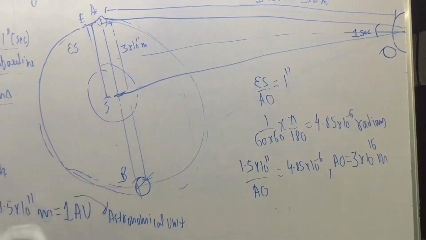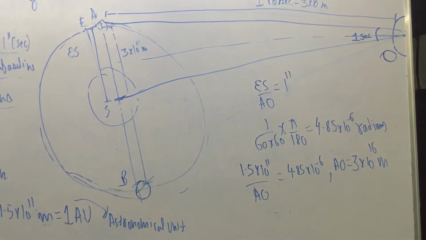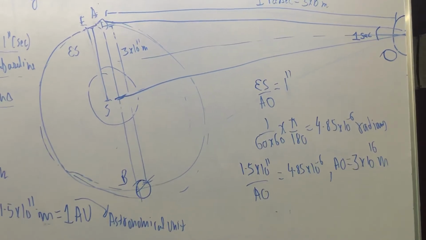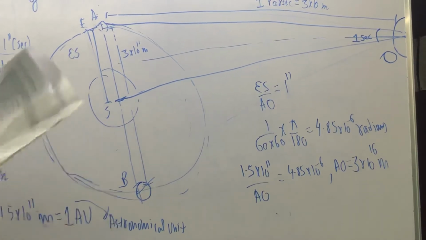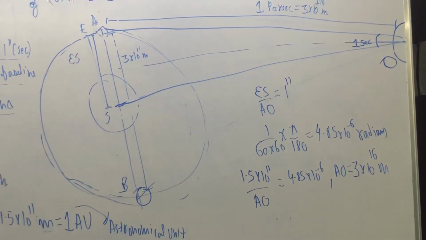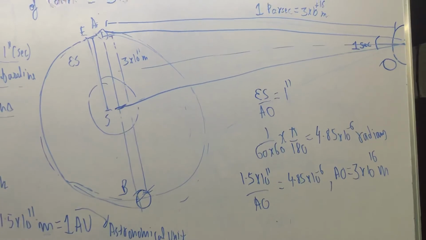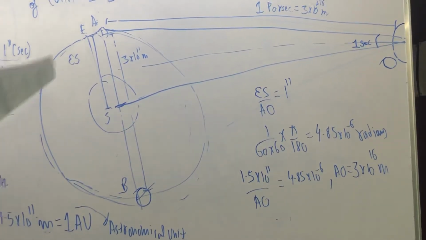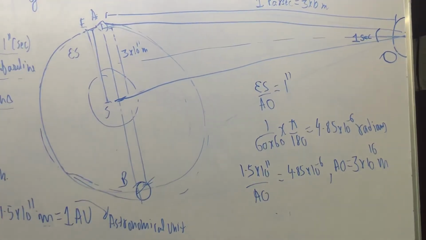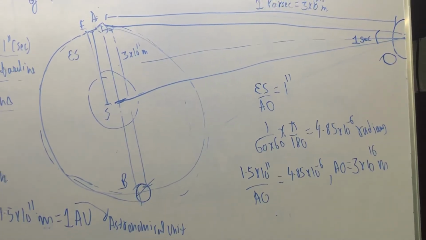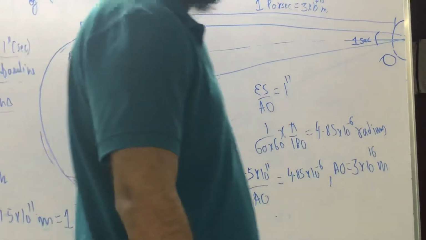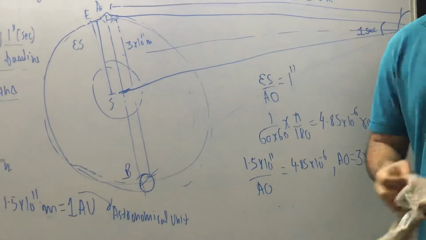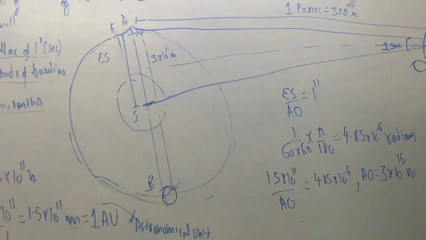Sometimes you will see a light year, sometimes you will see parsec. These are the two most common units used to find distances between the planets, or between the planet and the stars. You will see this unit being used quite often. And what is 1 astronomical unit? 1 astronomical unit is basically the distance between the Earth and the Sun. So this was about this concept. This is a pretty important concept that you should know. This concept has been covered by this question.